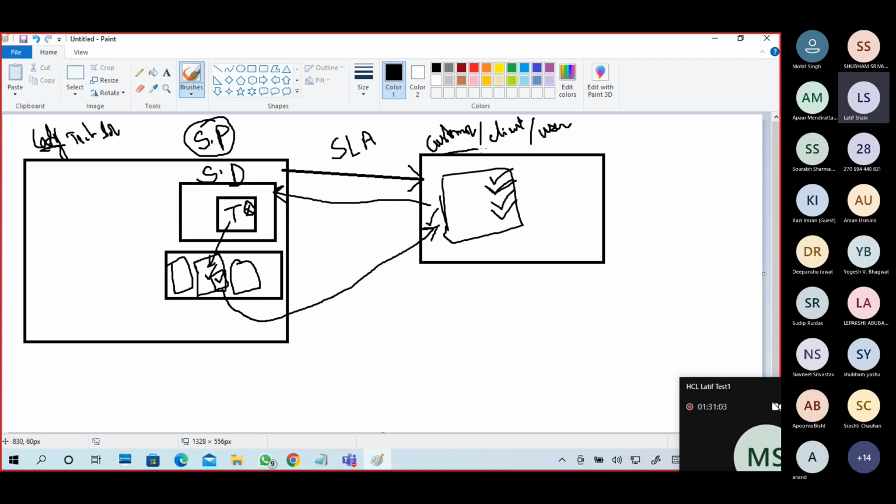As a customer, client, or user, when you need a change of service, information, access permissions, or if any issue is there, you will approach the service desk.